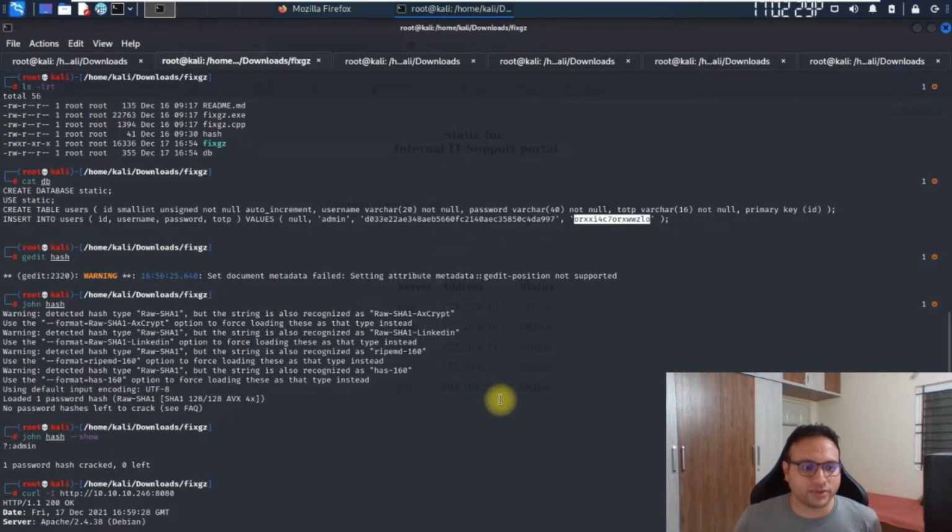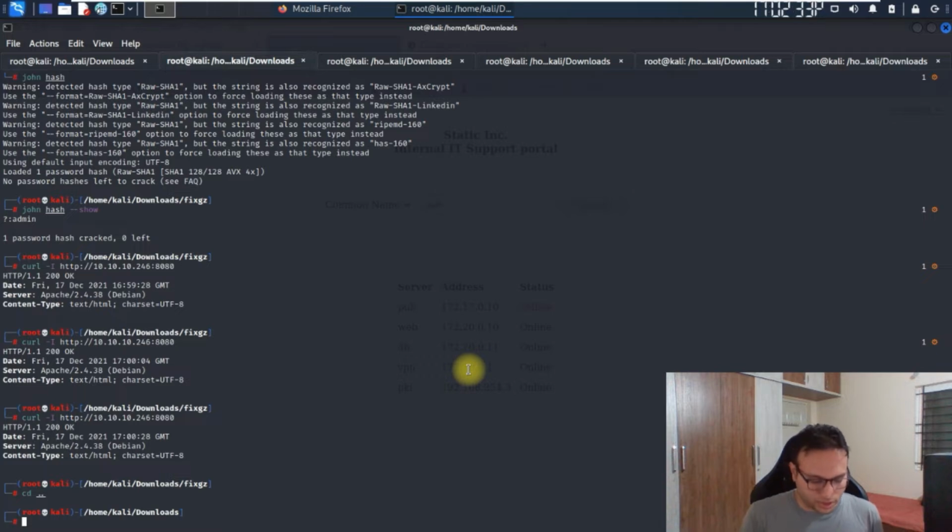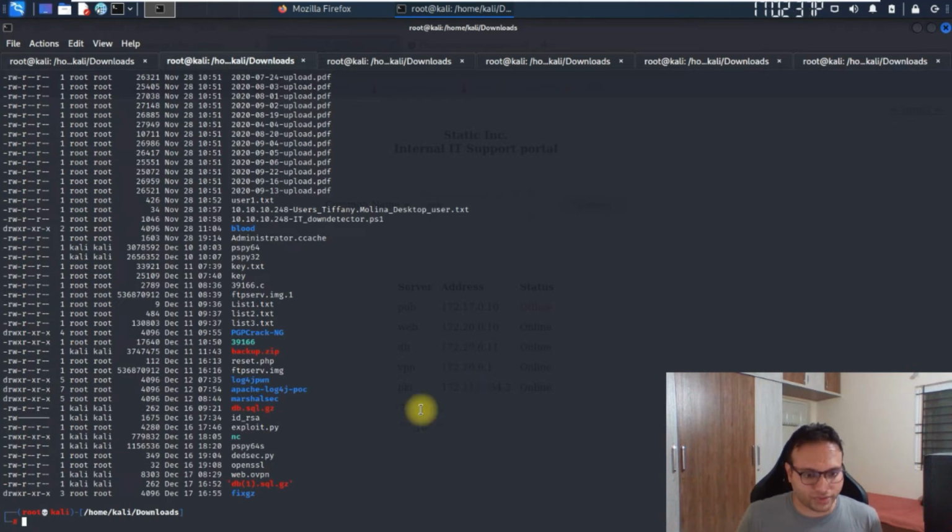Once you save the file, you simply have to go to this section and let me see whether I have this file or not. I have it over here. Okay, so what is the next step? We'll try to connect with OpenVPN using the same file.